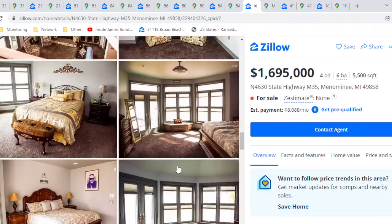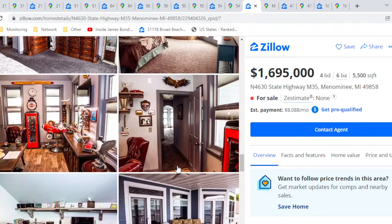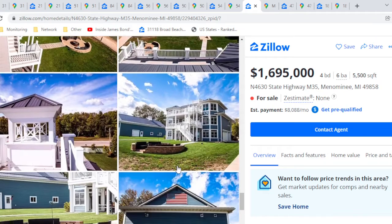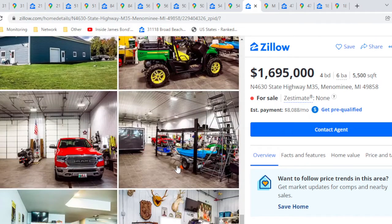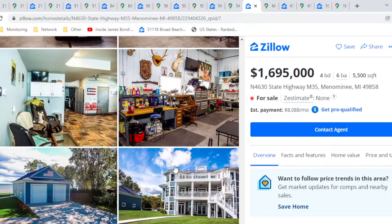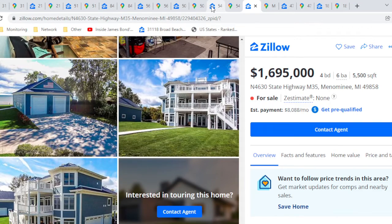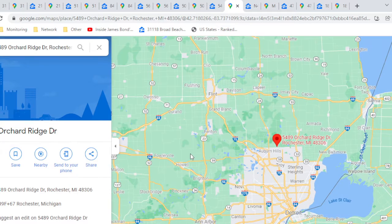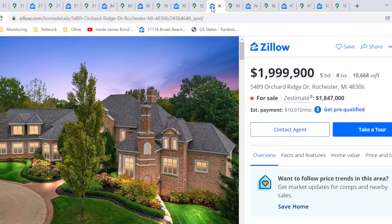It just does not exist. The rest of the house is alright, but it's so out of the way, almost too far out of the way, if you know what I mean. But I do like the big garage area, so very cool. Moving on. So this house is located in a northern suburb of Detroit,